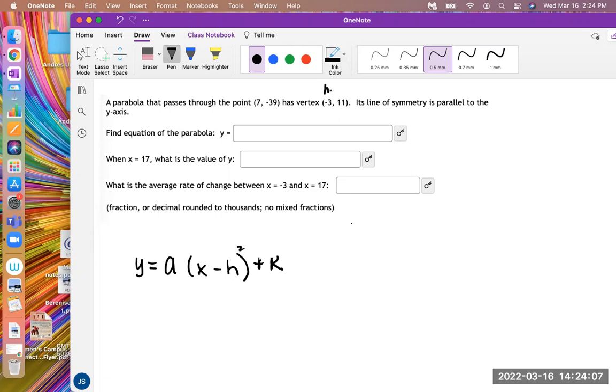So the x coordinate of the vertex is what we call the h term, and the k is the y coordinate of the vertex. So if a parabola has vertex (-3, 11), then the first step that I would do to find the equation is just plug in the given vertex numbers for the h and k. And then we're going to have just one unknown here, really, the a. So I do that. I plug in